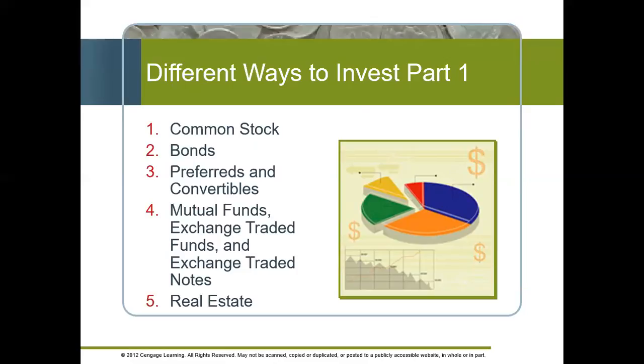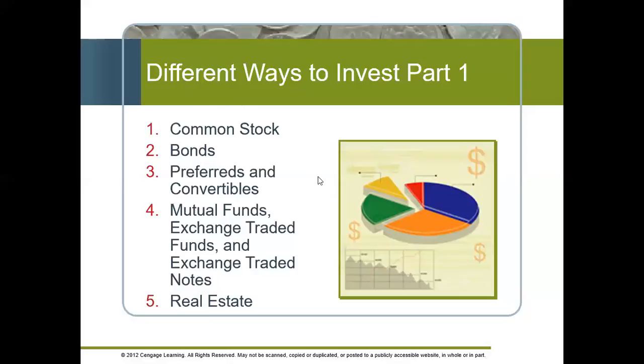So let's say I buy a bond and it pays me 3%, and I have $10,000 invested. So I get 3%, I get $300 per year for my $10,000 bond, which doesn't seem like a lot, but it's $300 more than I had before, right? And it's not that my $10,000 bond is going to go up in value much. It's just that I'm going to get that $300 in income. So it's a little different than a stock. It's for folks who are interested in interest income, and that's what they're trying to do.